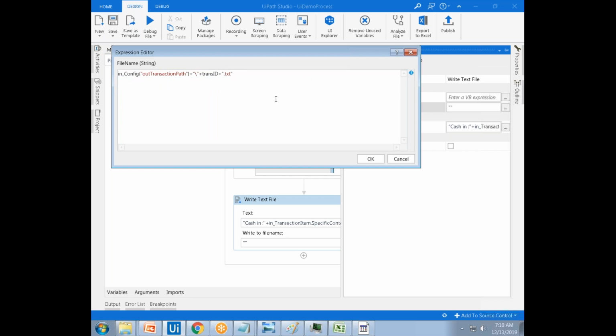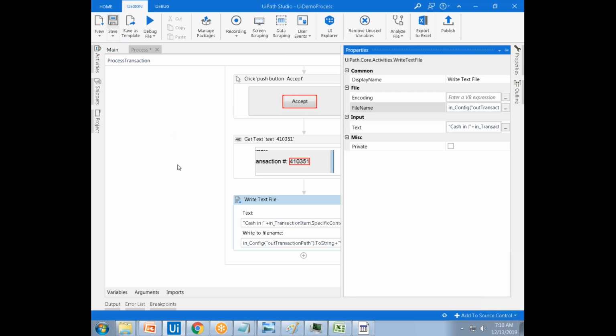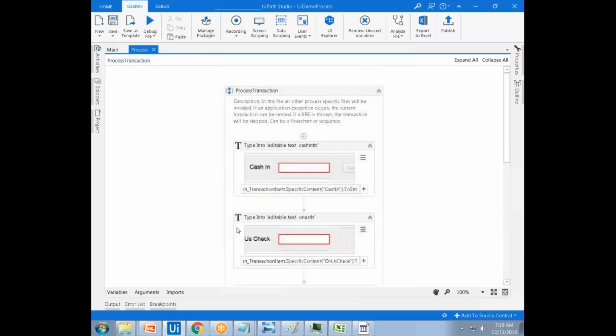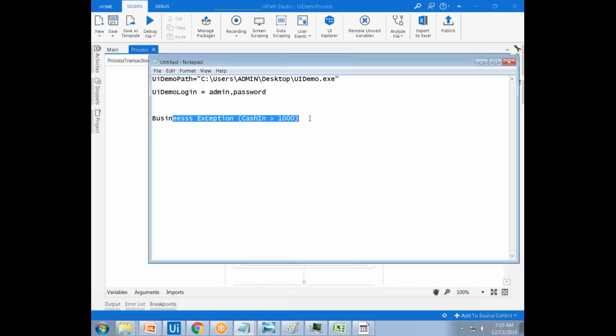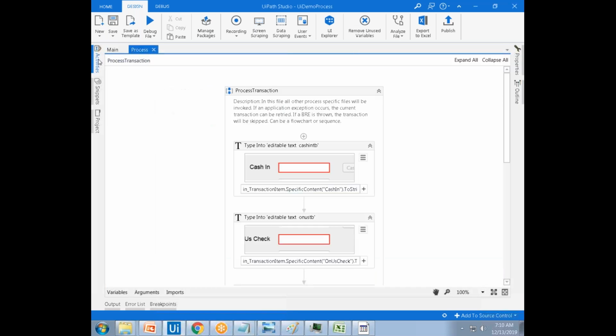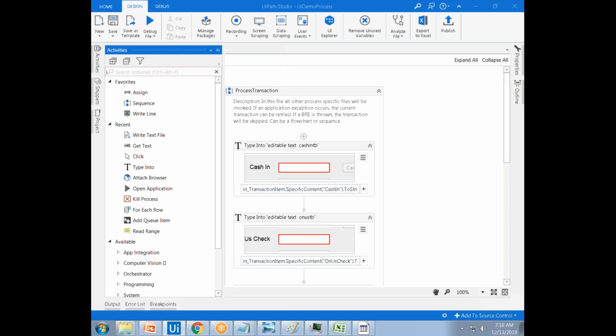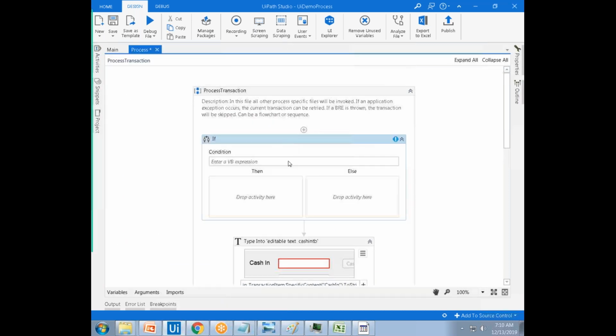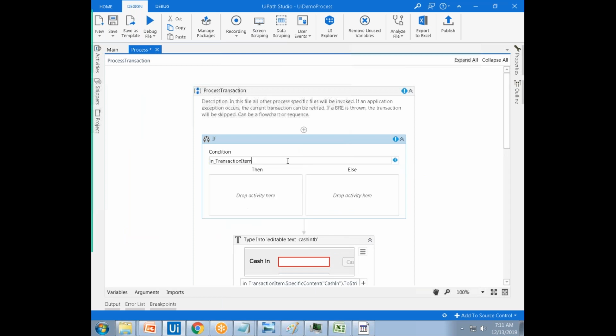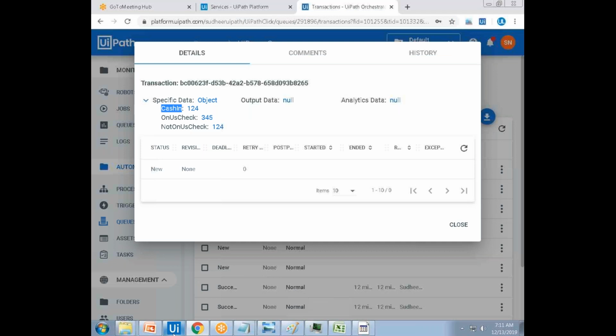And this one dot to string. What happened here? As it is an object, we have to always keep the to string. Okay, now it will fill in the information. But as we discussed earlier, business exception is a cash in. So cash in is above. So what we can do, we can use an if condition here. If the in dot specific item of cash in,